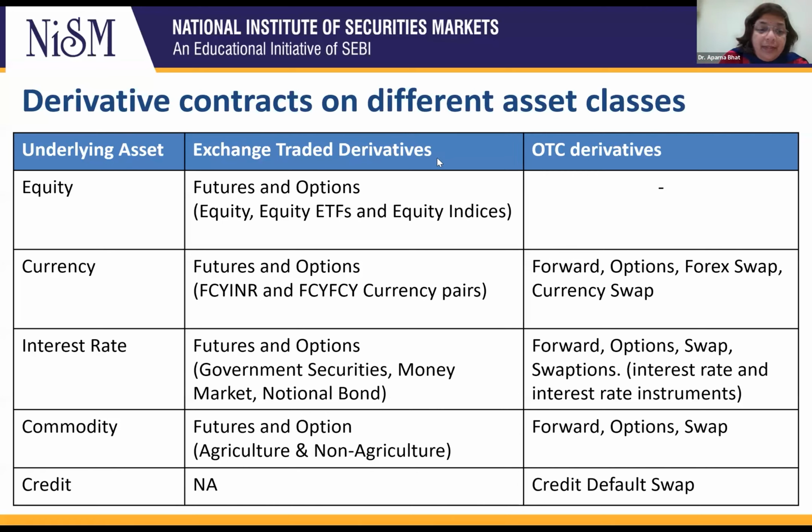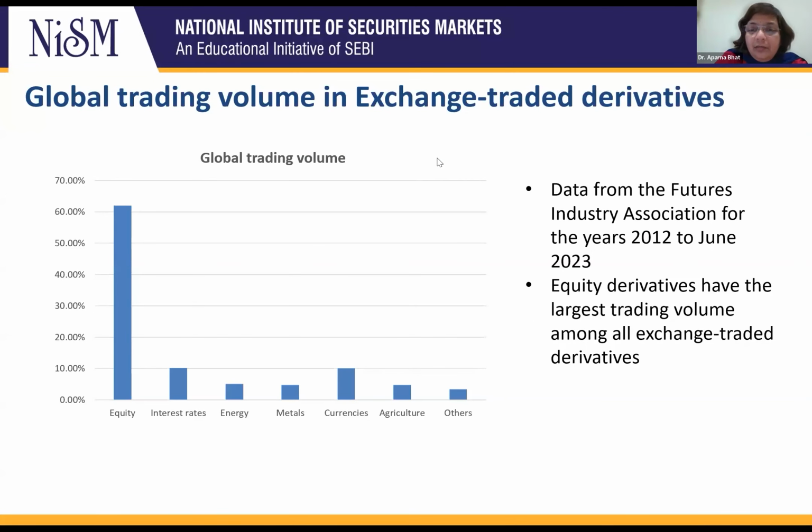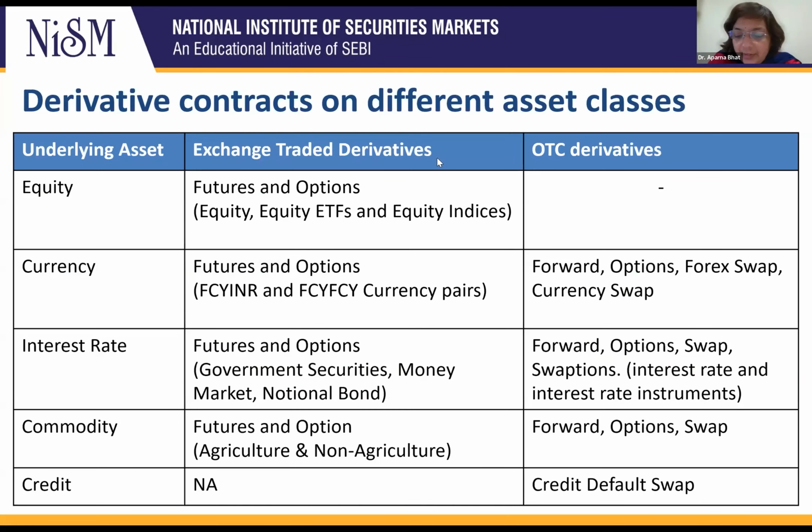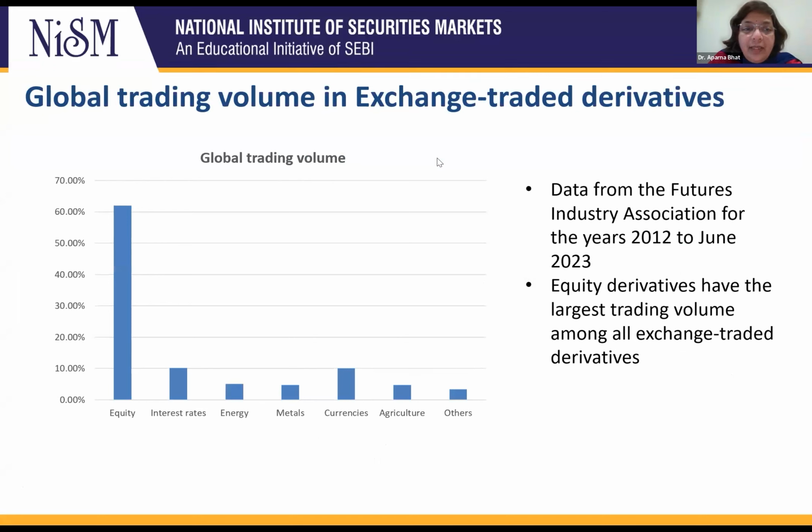And what about credit derivatives? So credit default swaps and CDOs, they are all basically OTC derivatives. You may have watched the movie The Big Short, and you may have heard about things called CDS, CDOs. So they are all basically OTC derivatives, right? So depending on the asset class, there are differences in where they are traded, whether they are traded on the exchange or the OTC market. That depends on what the underlying asset class is.